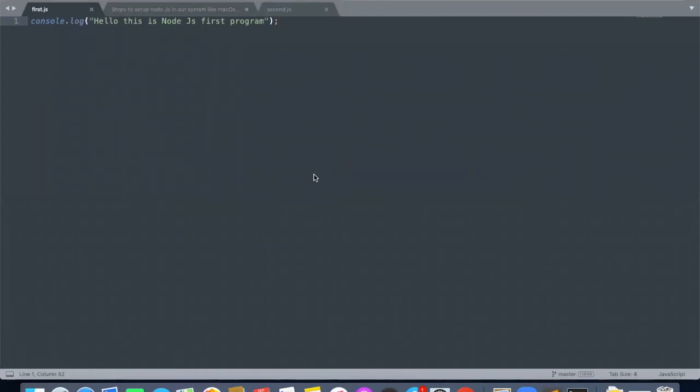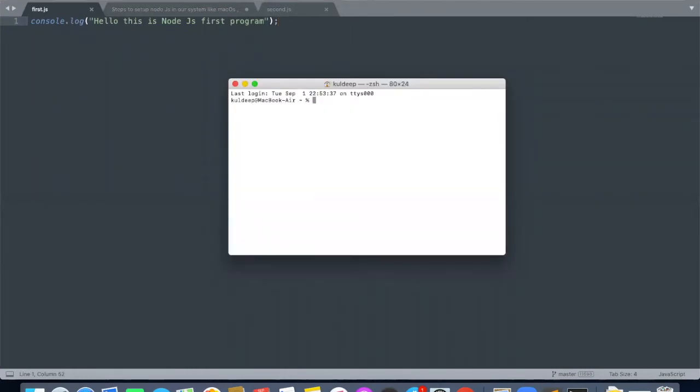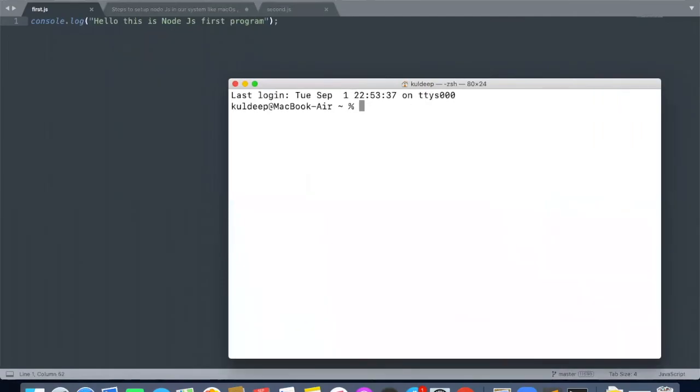Just open the terminal and move to the directory where you have the file, that is cd desktop, and my folder name is node practice. So I will be writing node practice. For Mac users, guys, you can write star and press enter. It will come to that folder, right? Now simply write node as a command for executing the file, then the file name that you have, .js.